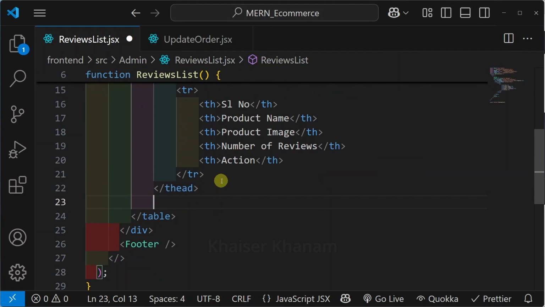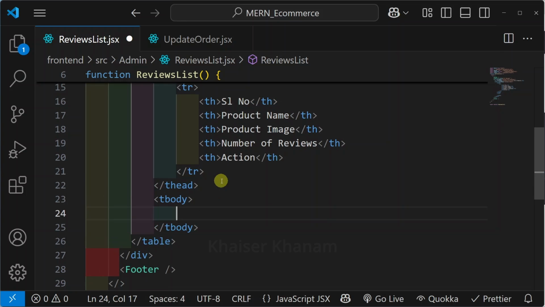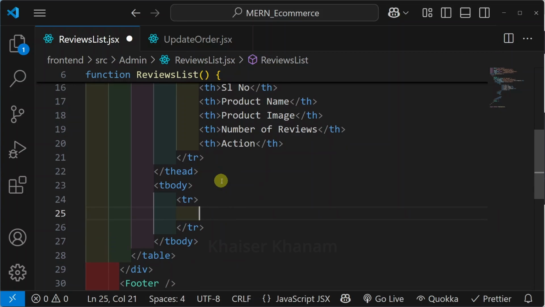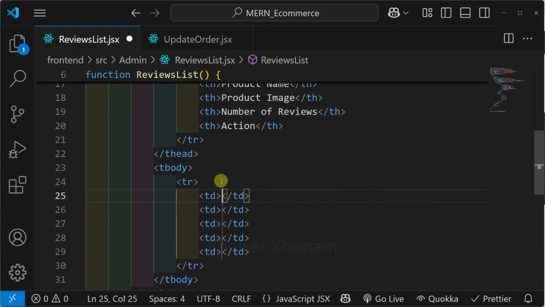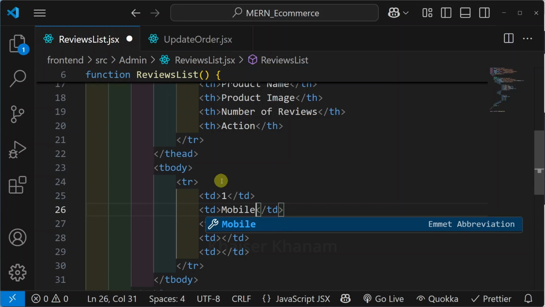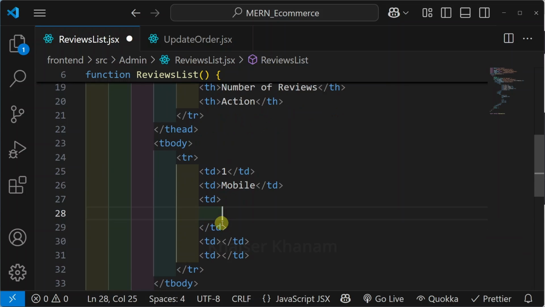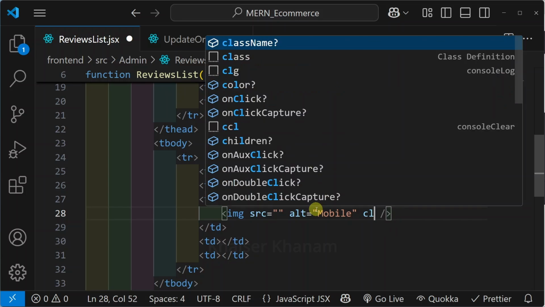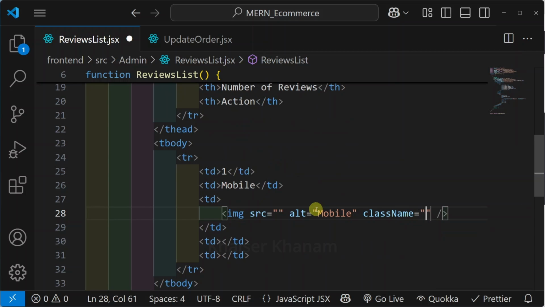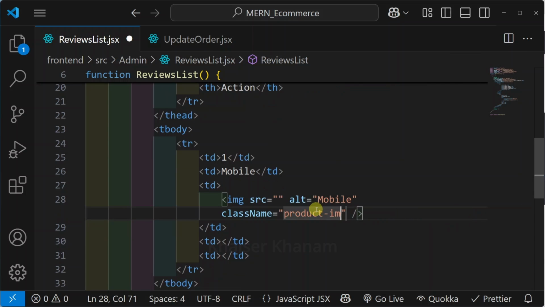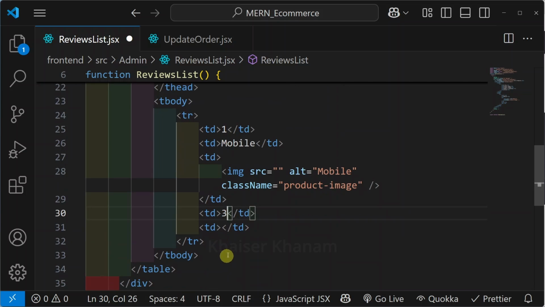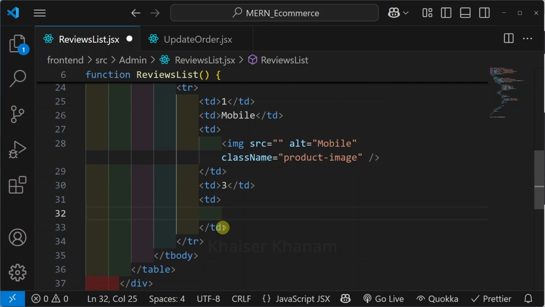Below this, I will be creating table body. Inside this, I will be creating table row. And in total, I need 5 table data. As of now, let us render dummy data. 1. Product name, I will pass mobile. Product image, here I will be passing image, and inside this I will pass mobile. Then here I will also pass the class name. Class name I will write product image. Then next we have to pass number of reviews. I will give 3, and inside this